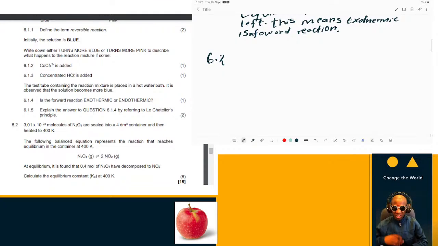They also told us that at equilibrium it is found that 0.4 moles of N2O4 have decomposed, which means the thing that is being decomposed is being changed from its original state, which means N2O4 is gradually changing by 0.4